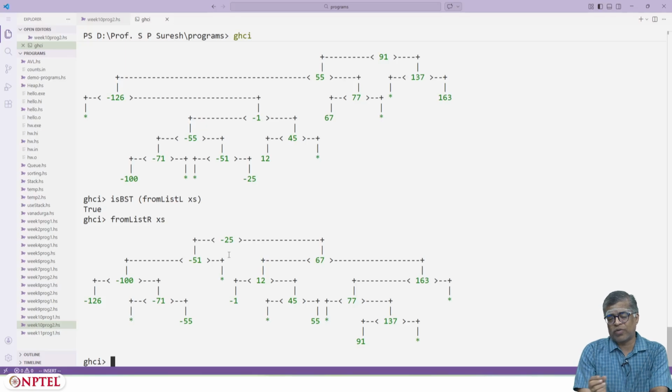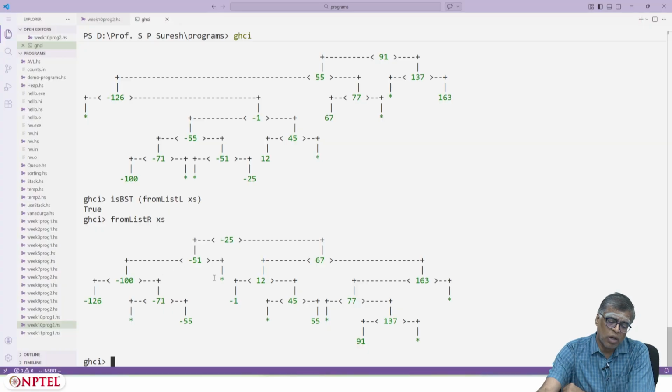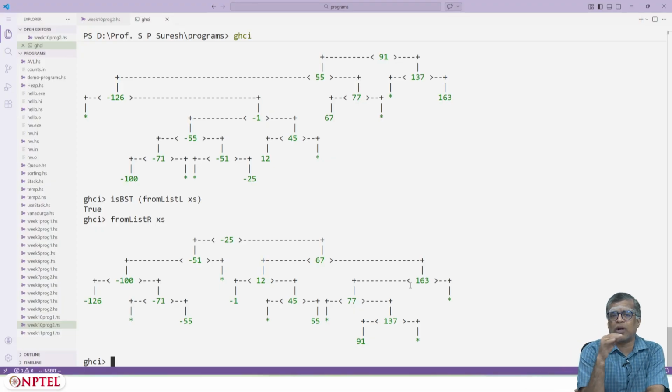Here I am trying to process it from the right of the list, and now you see that instead of having 91 as the root, you have some minus 25 as the root, and to the left are still elements less than minus 25, and to the right are elements greater than minus 25, and so on. You can check visually that this is also a binary search tree.